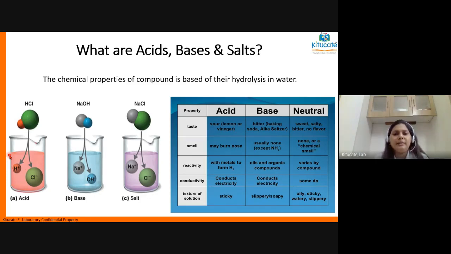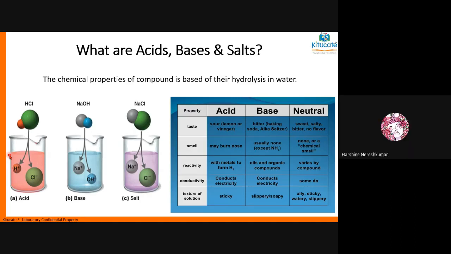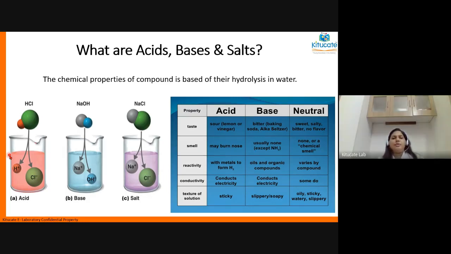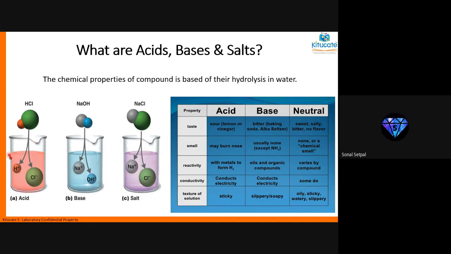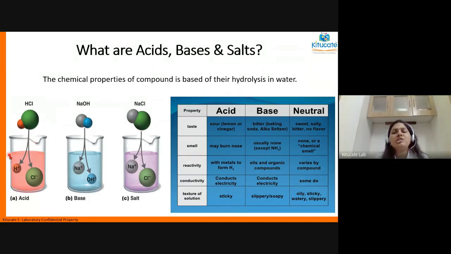You know what an atom is, right? Yes, ma'am. An atom is the smallest unit of matter. What does the atom consist of? It has neutrons, electrons, and protons, and a nucleus. Protons and neutrons are in the nucleus and electrons are orbiting around the nucleus like the solar system. Now, what charges do these protons, neutrons, and electrons carry? Ma'am, neutron has no charge, proton is positive, and electron is negative.